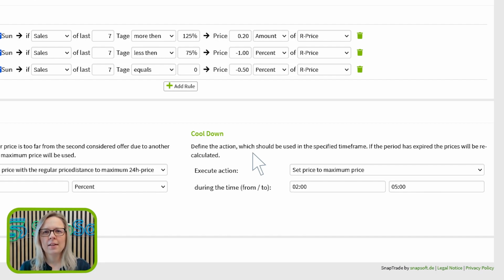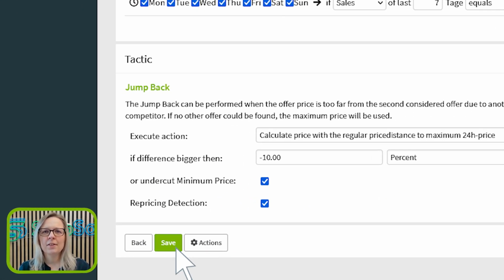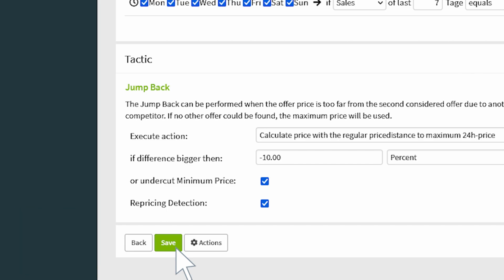With the cooldown, Snaptrade is able to determine the maximum prices of competitors and, as a result, can refer to the maximum prices of competitors that were identified in the early morning hours during the jump back. Please don't forget to save all of your own changes in your strategy settings to ensure that your modifications are preserved.